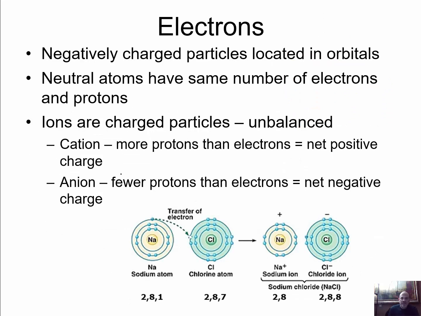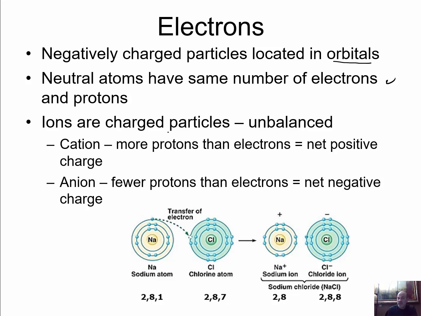Now electrons are negatively charged particles, and they're located outside of the nucleus in an area called orbitals. Neutral atoms have the same number of electrons and protons, which we already mentioned. So if they're neutral, then the number of protons and the number of electrons is the same. But what happens if an atom loses or gains electrons